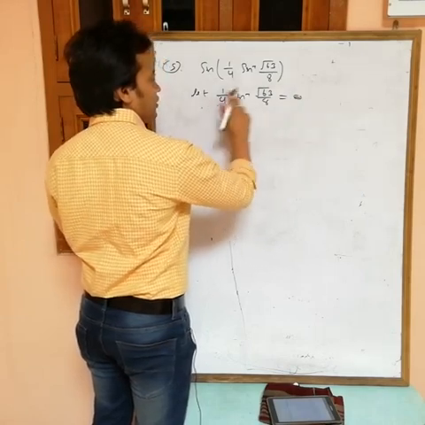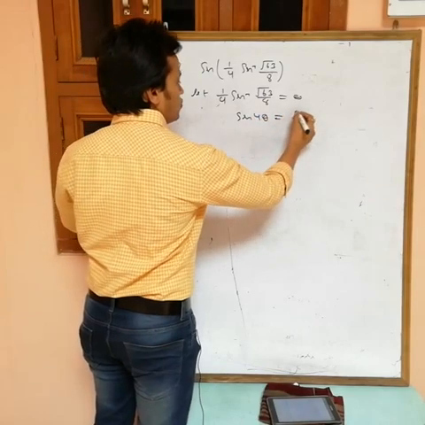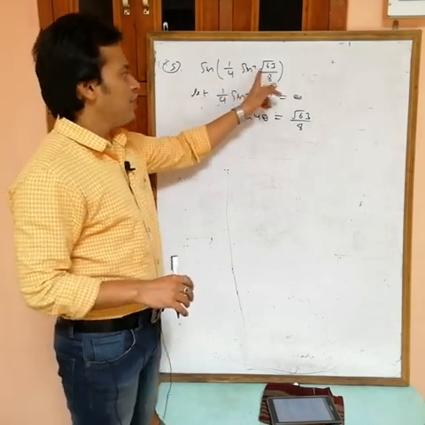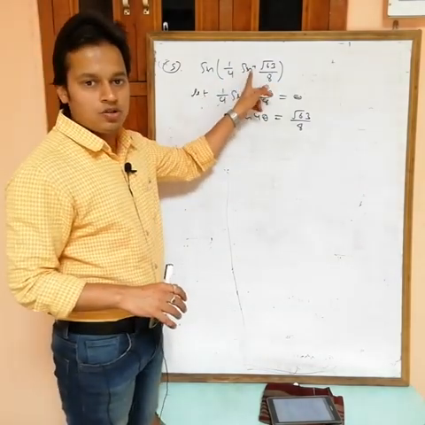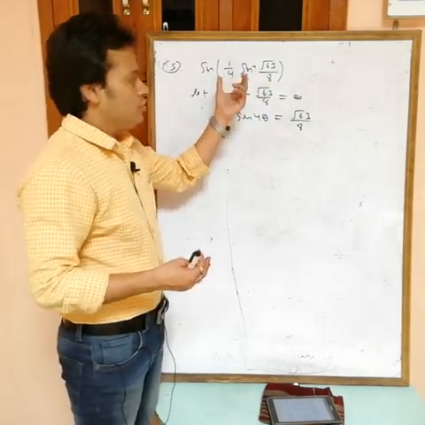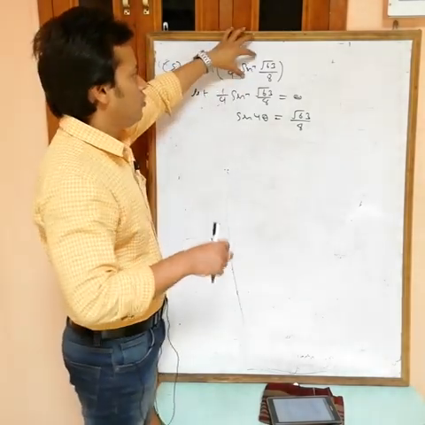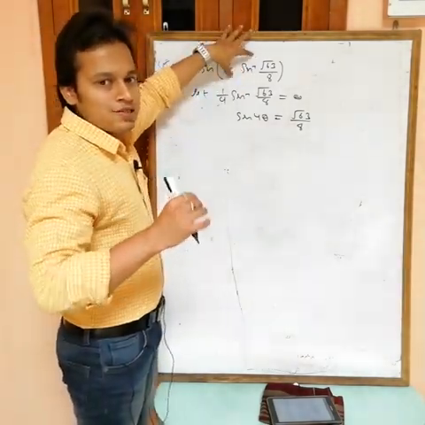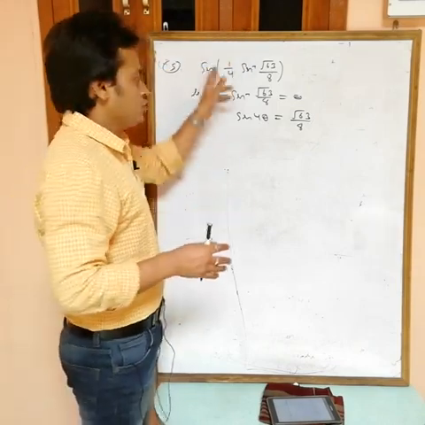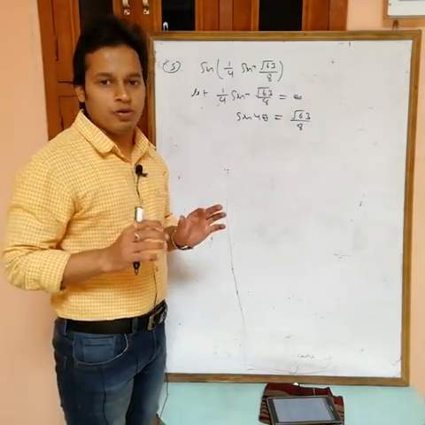Then from this we get 4 theta equals sine inverse root 63 by 8, so sine 4 theta equals root 63 by 8. Now one thing is clear: if x is positive, then sine inverse is also positive, from 0 to pi by 2. Divided by 4, again positive. So theta is less than pi by 4, and the value of sine from 0 to pi by 4 is always positive. So at the end we want a positive value, not negative.